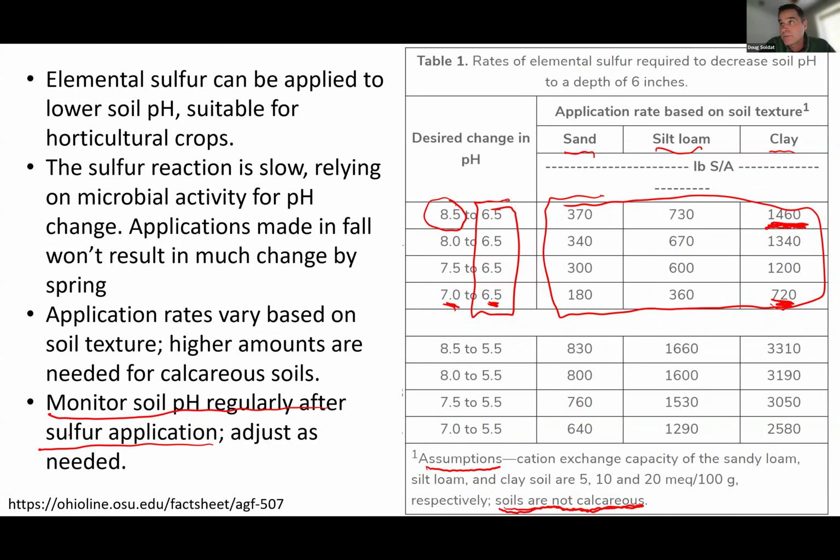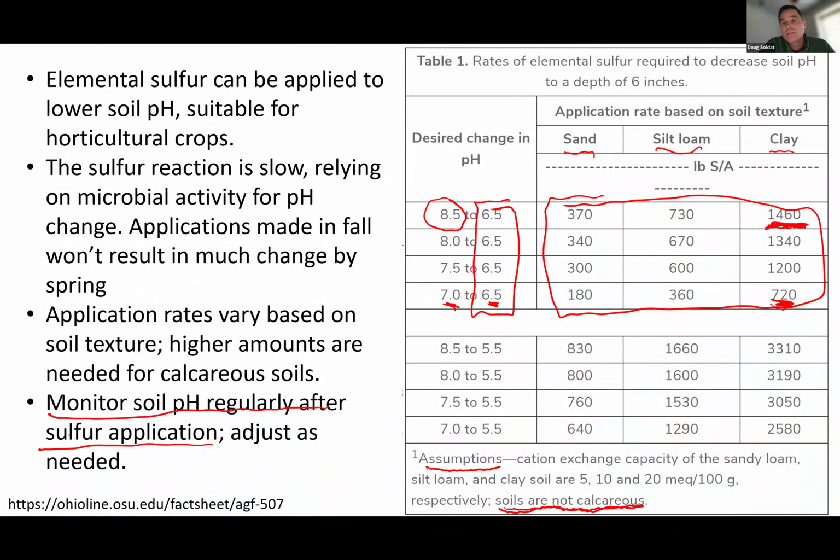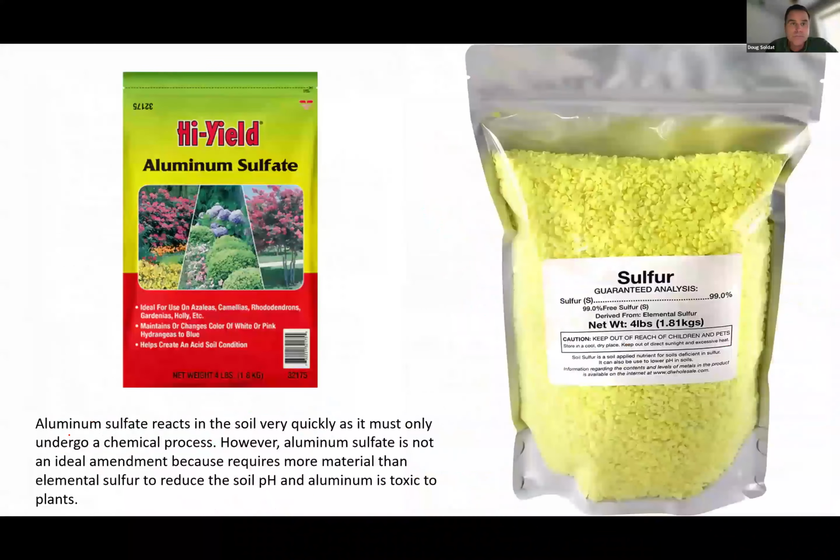And when I say regularly, I'm talking annually, and then adjust as needed. So, soil test in the fall, make your applications of sulfur in the spring, soil test again in the fall, maybe make another application in the spring until you reach a steady pH that you're happy with. So that's what elemental sulfur looks like here. It's yellow,